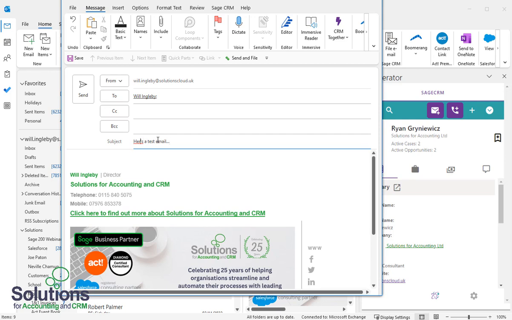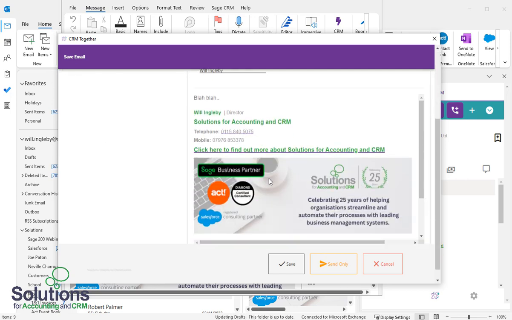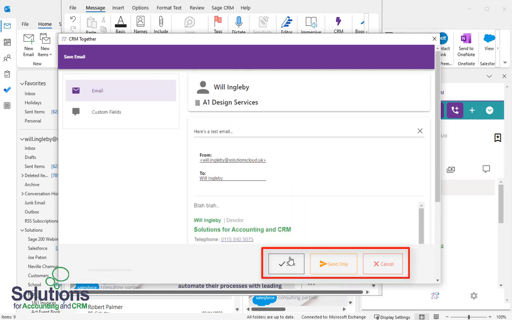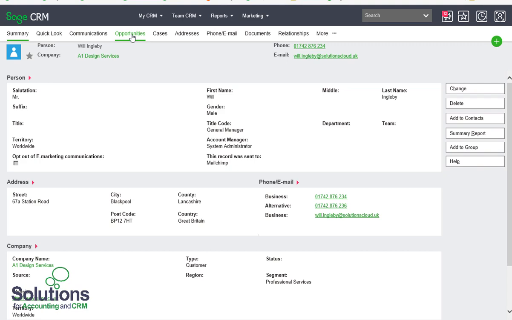And when I send the email, what happens is the Accelerator panel launches this dialog inviting me to make a determination in terms of how that's treated. I can click Send Only, this orange button here, and it's not recorded in Communications, or click Save, in which case it sends the email and creates a communication and commits that to the system, as you can see here.